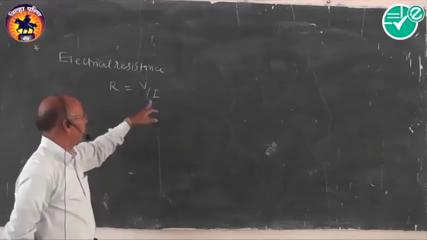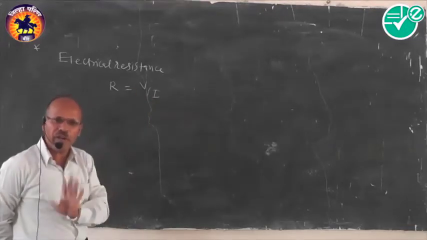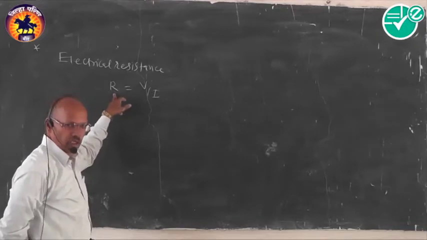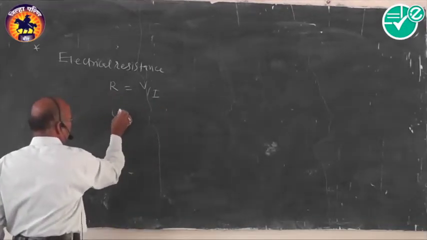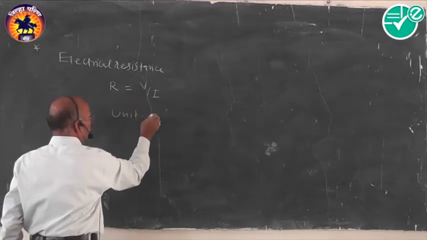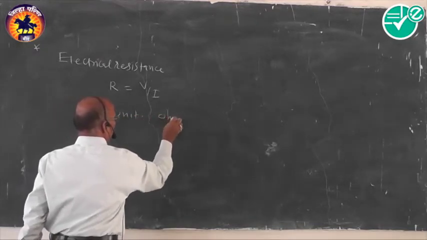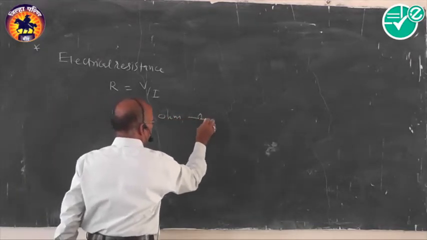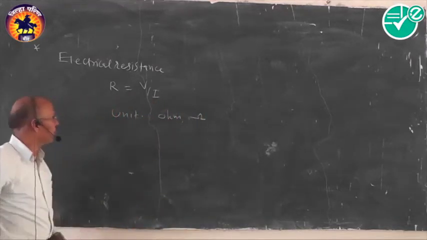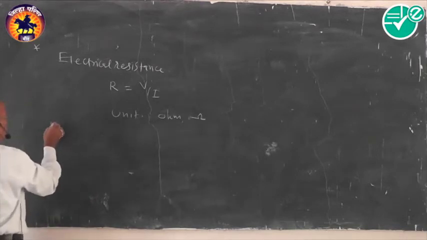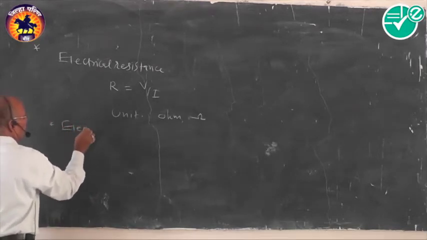The resistance of a conductor is defined by passing 1 ampere current, generally called resistance. The unit for the resistance is always ohm. It can be represented just like this. First, ohm is there. Then second term, we have to think about the electrical